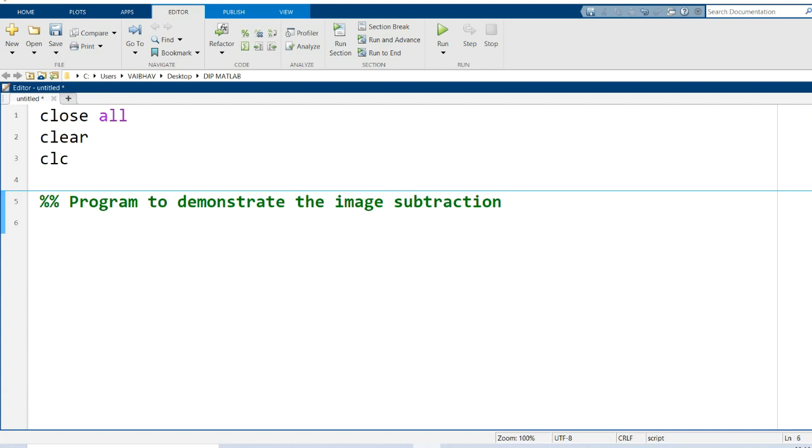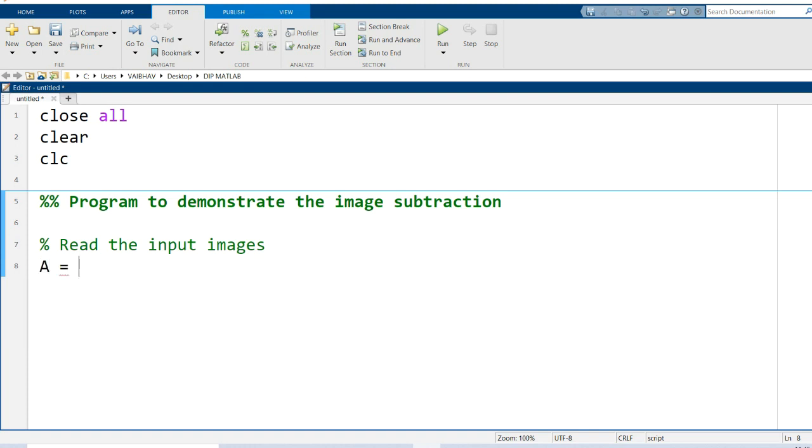To carry out subtraction of the images, first of all we should have the images available in our MATLAB environment, that we need to access from the current folder. So first, the module we are going to start in the script is to read the input images. We require two images over which we shall perform the subtraction operation.